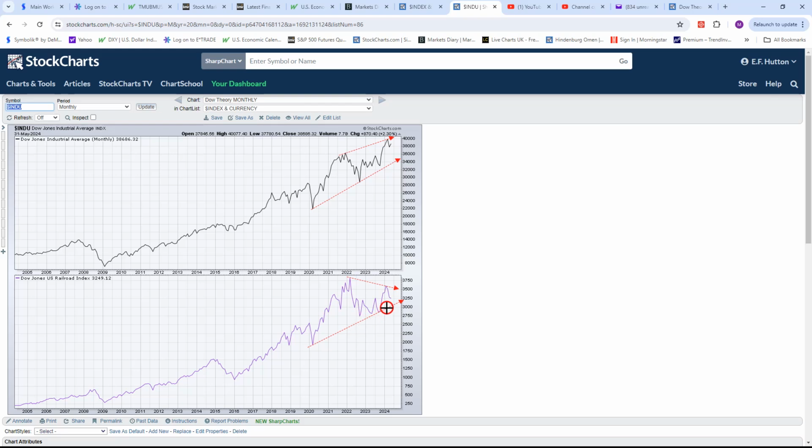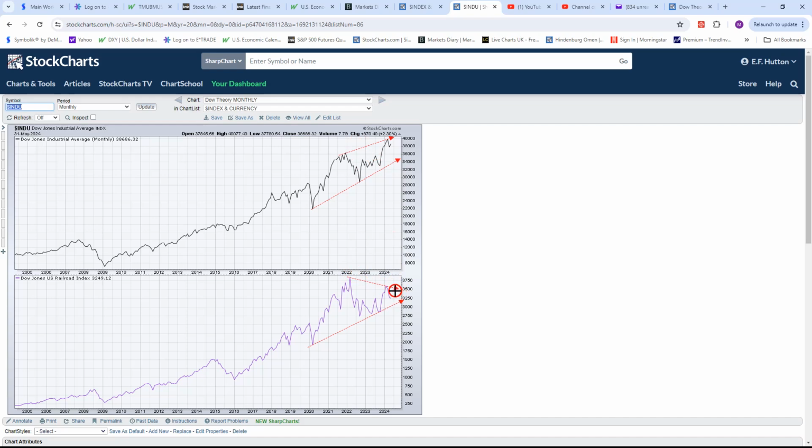So the railroad index would have to exceed the low from the 2020 COVID crash, and the industrials would still have to keep climbing or staying steady, and that would be a bearish divergence there for sure. So that's unlikely to happen any day soon. So let's focus on the glaring bearish divergence here between the railroad index and the Dow 30.